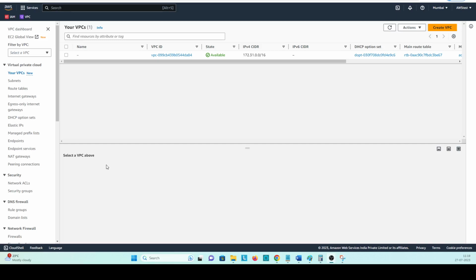Hi guys, today we are going to see VPC, subnet, route table, NAT gateway, and internet gateway. In the previous video, I explained how we can use the VPC to create an instance. What is the VPC? What is a subnet? What is a route table, NAT gateway, and internet gateway? That I have explained. Now that was the basic, and now